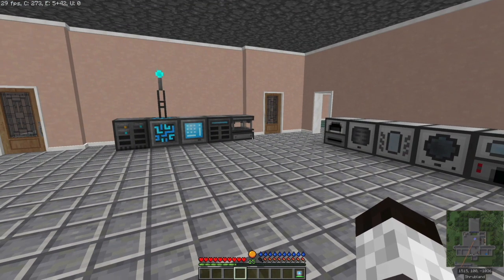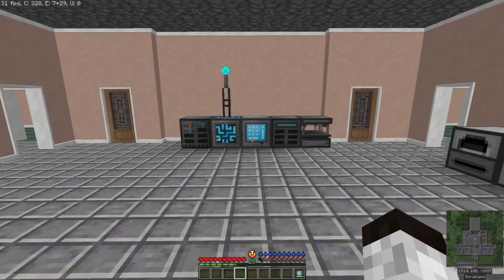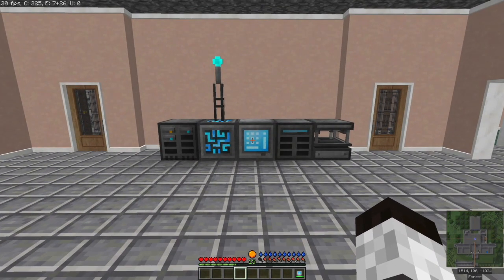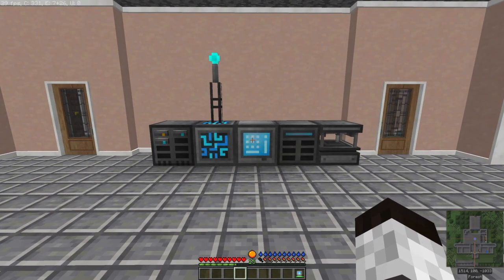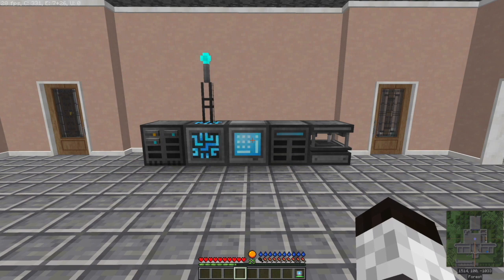Okay, so that leaves these machines over here. These machines are all from a mod called Refined Storage, and this is the first time I've used that mod, so I'm still kind of feeling my way through. The nice thing is that it's actually very reminiscent of a much older mod called Applied Energistics. Now, Applied Energistics has moved on, and it's gotten actually a lot more complicated. So Refined Storage harkens back to a pretty early version of that mod, where all it really did was store